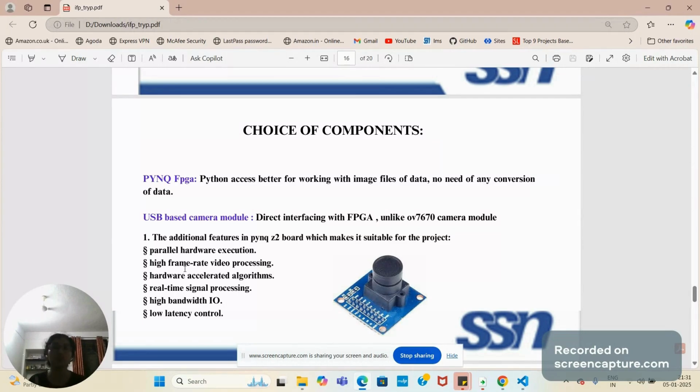In case of using other FPGAs, even from the Zynq 7000 series, for image detection, first the image has to be passed through some other tool like MATLAB for generating it as a stream of numbers before actually passing it as data to the FPGA. But that wouldn't be necessary in a Pynq board.